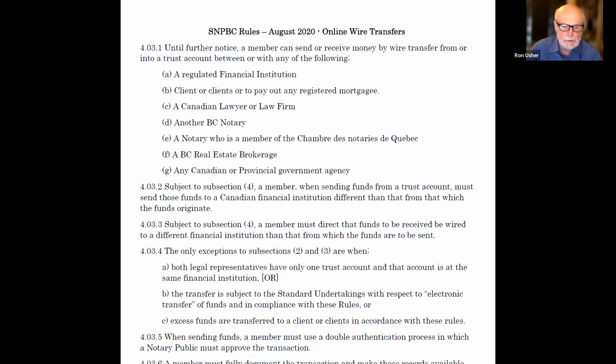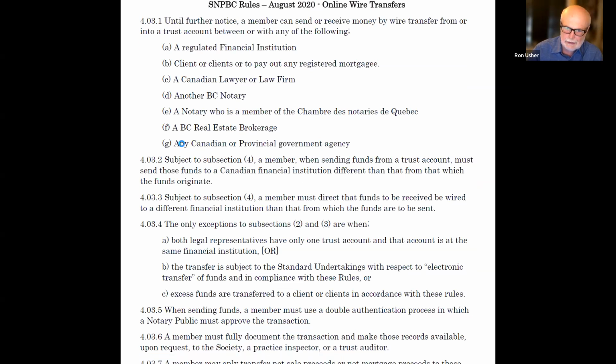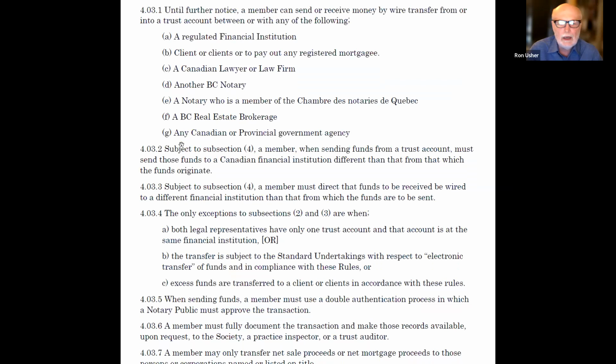The sub-rules 2.2 and 3 are to do with sending and receiving, and they require, subject to some exceptions listed later, that you send money between two different institutions. In other words, if you're at TD, you would inquire, can I send things to your Royal account? And there's a reason for this. And again, this is something your board will take a look at, subject to advice from the banks, because interbank payments go through the Payments Association clearing facility. They pick up a guarantee from the Bank of Canada and cannot be recalled.